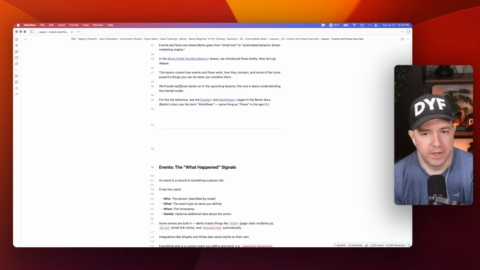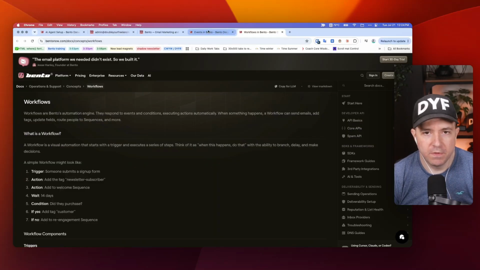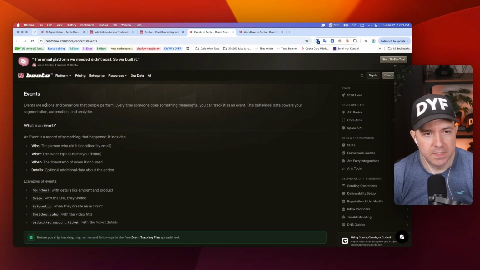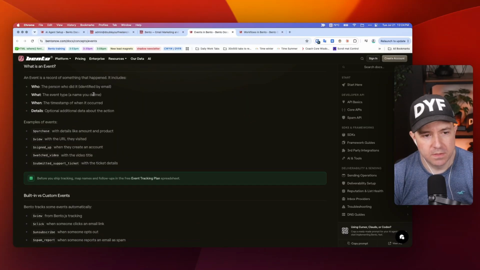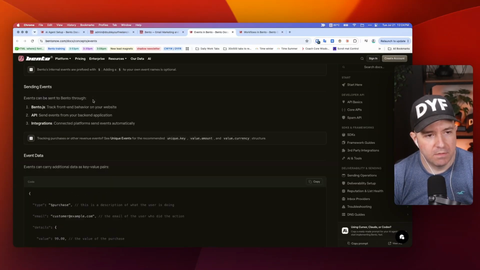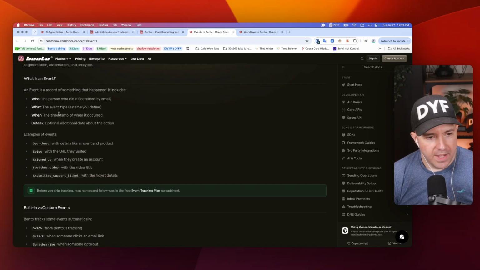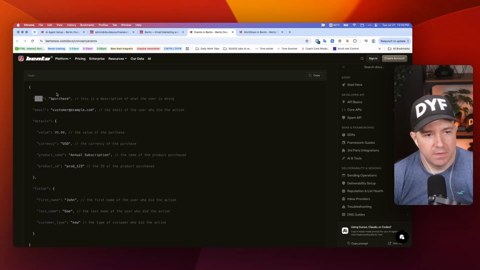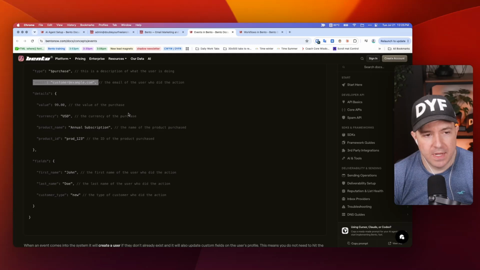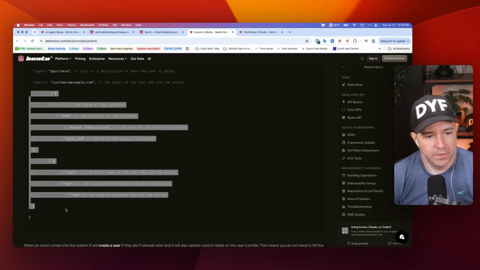There are a bunch of different shapes that an event takes, but the thing that they all have in common within the context of Bento is that they all follow the Bento events structure. So if you click the link to the Bento events page in the docs, you can see how the events are structured. Basically, any event coming into Bento needs to have the event type, so the name of the event, the email address of the person it's happening to, and then these two really powerful objects, as they're called